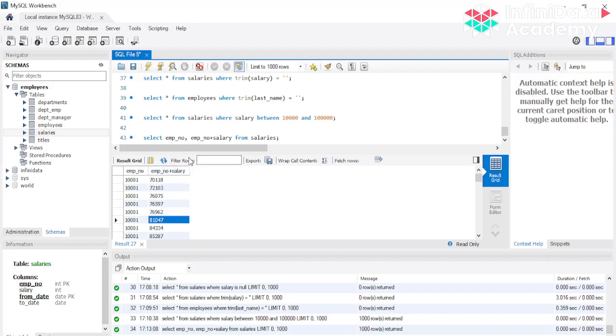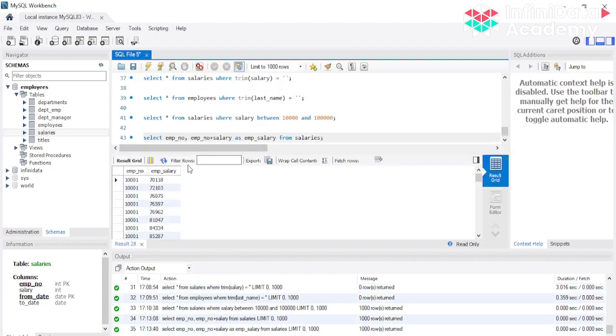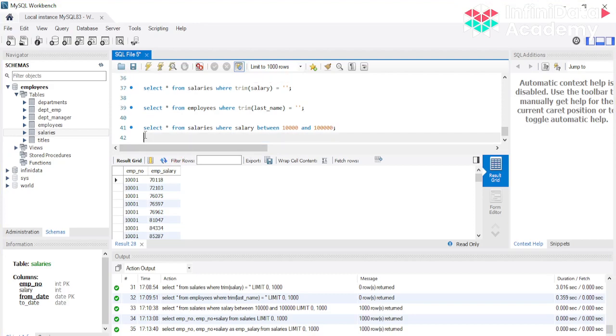And you do not want to show this as this. So what you can do is write employee underscore salary, right? So you can give it an alias as well. Alias basically means you can rename it, and this alias will be your column title over here. As you can see, this is your column title, right? So these are most of the queries that I wanted to show you.